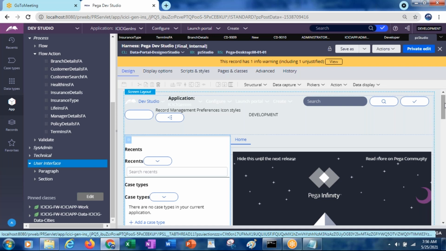Like having its own harnesses, along with that we can create our own harnesses also, and we can apply the access group, or else, in the same way that you refer the flow actions, we can refer the harness from a few places. So what are those places? The harness can be referred even from the activity also. In an activity, how exactly can you refer the harness?